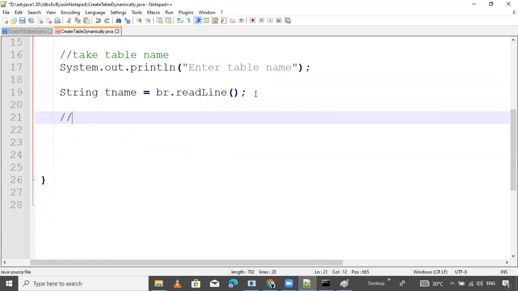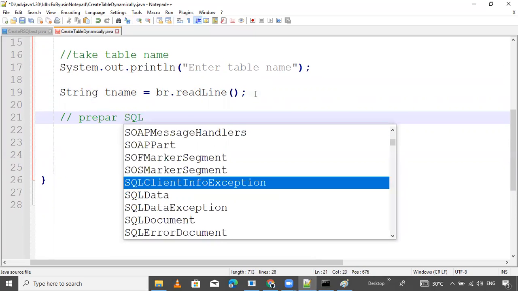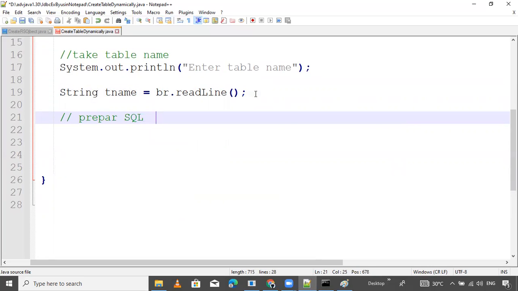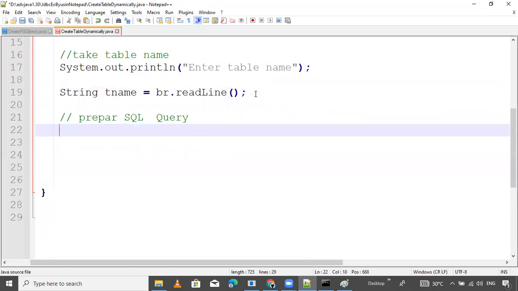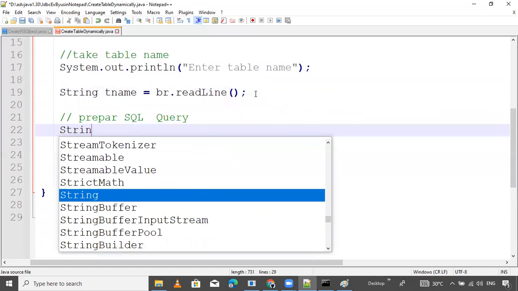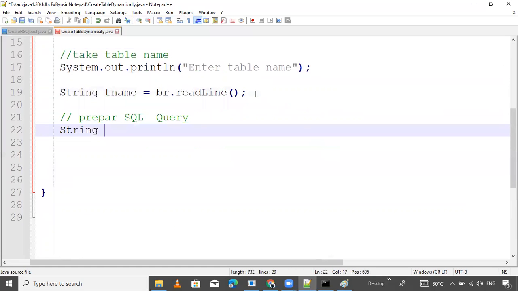Next, the important point is here: prepare the SQL query. Take a bit of special care. I want to prepare a separate query string, and then pass this query inside the execute method.